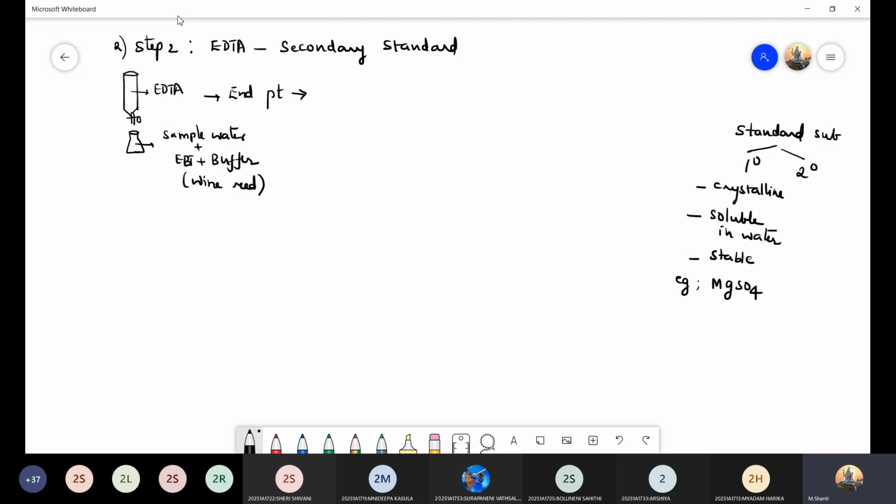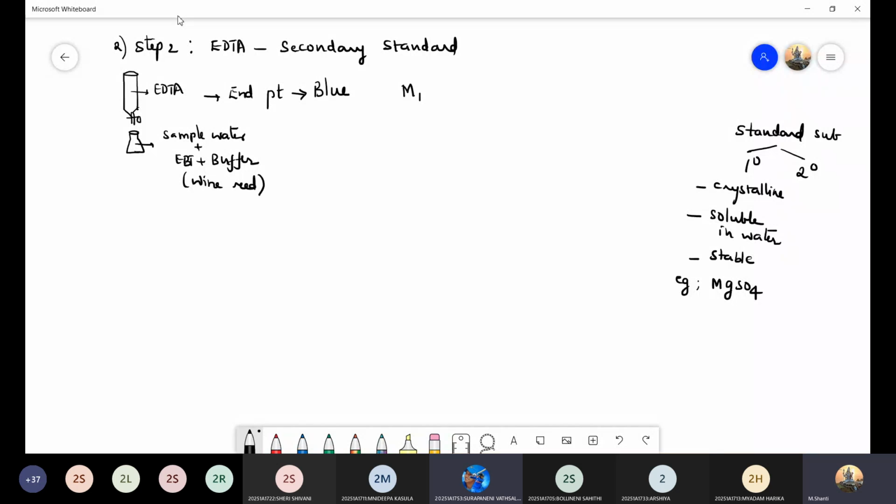How long are you going to titrate till you get the end point? How do you define end point? End point indicates the completion of reaction. How do you know whether the reaction is completed or not? By change in the color. What is the change in color here? From wine red it turns to blue. So you are going to titrate till you get a blue color solution. And what is that blue color due to? Free indicator, ma'am. Very good, excellent. So here, M1 is for what? Whose concentration is considered as M1?